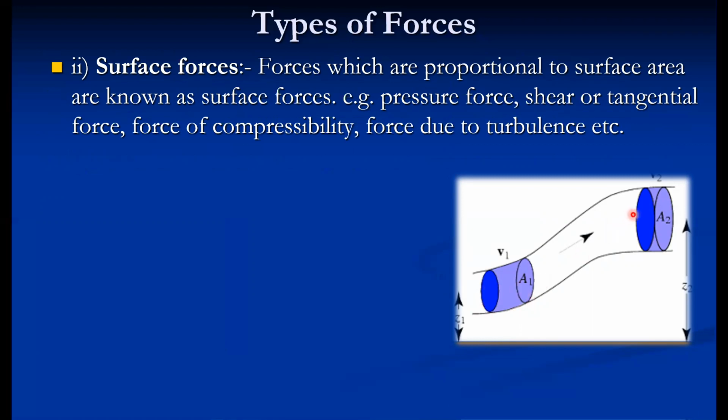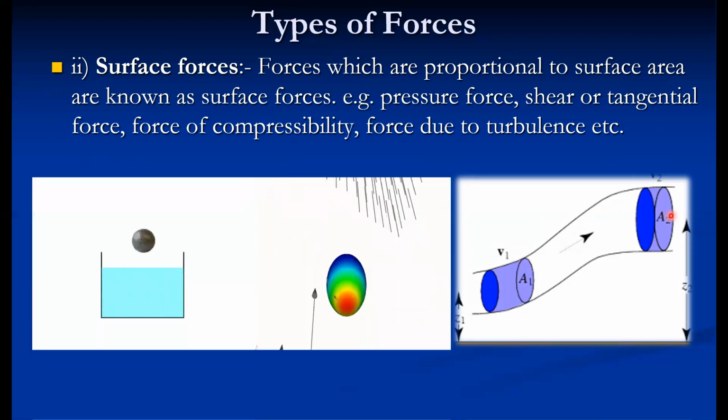Suppose here the pressure force. In order to push the liquid from point 1 to point 2, unless the fluid has pressure, it will not flow in the opposite direction, because an opposite gravity force is acting on the fluid, which resists it, acting downward. In order to overcome this force, the pressure force is required. Unless the fluid is pressurized, it cannot flow from this point to this point. To calculate this pressure force, the cross-sectional area is considered multiplied by pressure. So pressure into area is called the pressure force. Here the area is required.